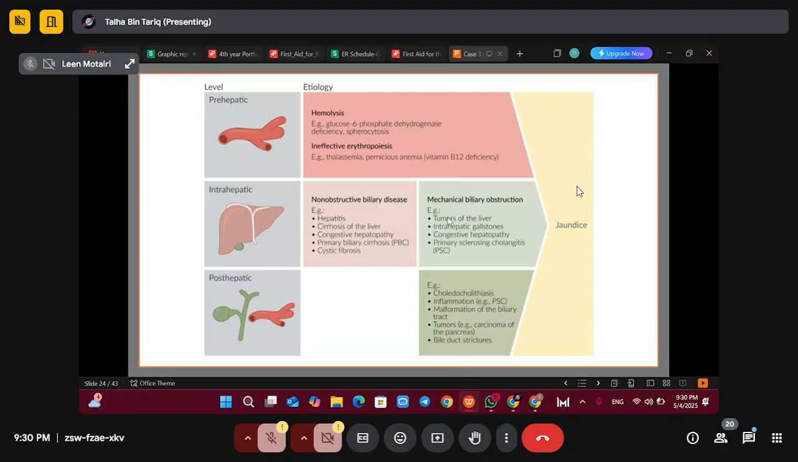And then you have the mechanical biliary obstruction. So the non-obstructive causes are either hepatitis, cirrhosis of the liver, primary biliary cirrhosis, or cystic fibrosis. Hepatitis is the inflammation of the liver. Cirrhosis of the liver is the fibrous scar formation, and